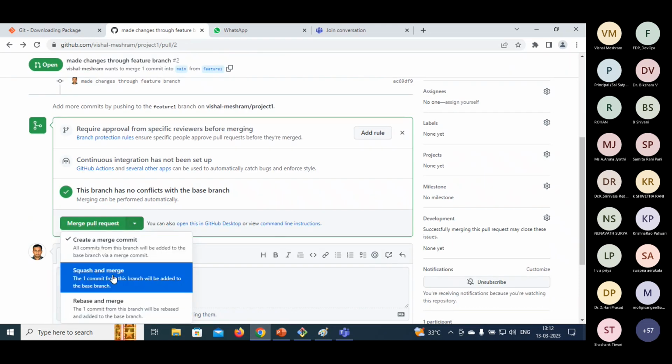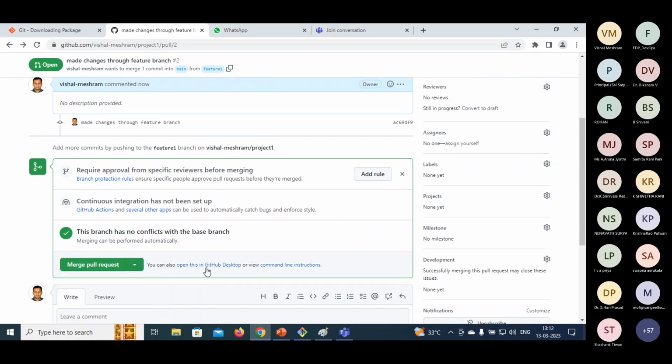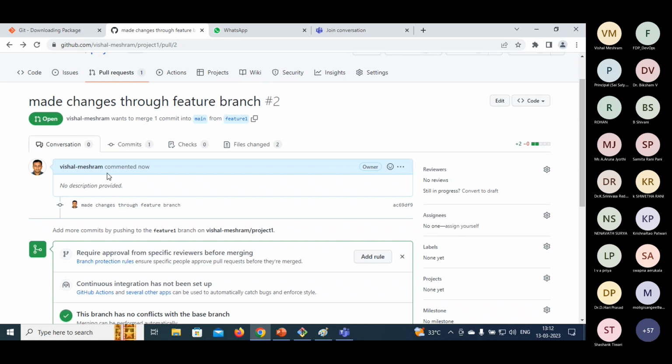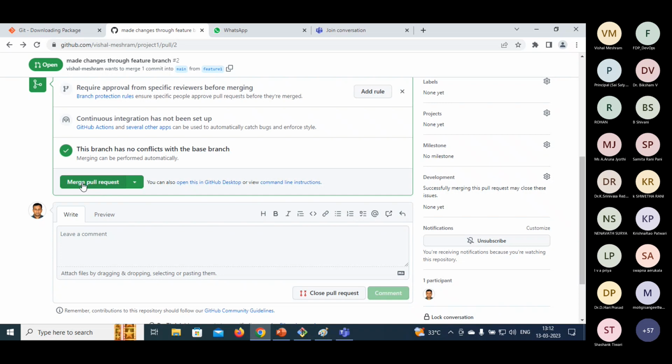Or I can squash and merge. Squash means temporarily you can store, these are some advanced options, and rebase. These are the three different things. Either you are ready to merge the changes from this feature branch to your main branch, or you can reject it also. Okay, so I just simply said okay, merge the pull request,